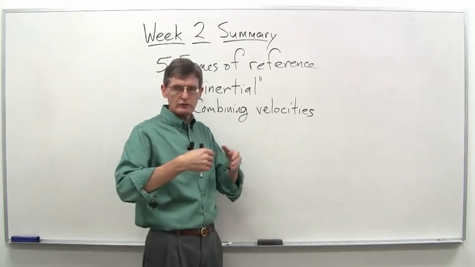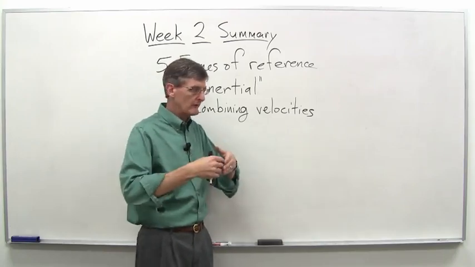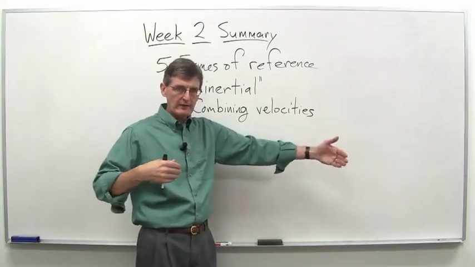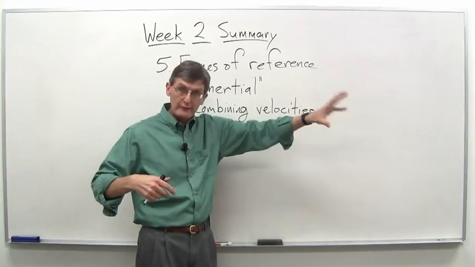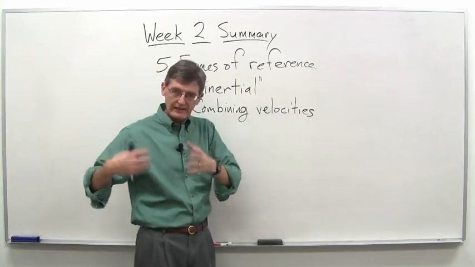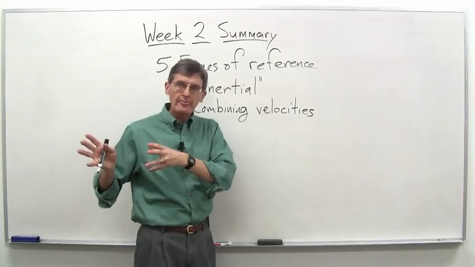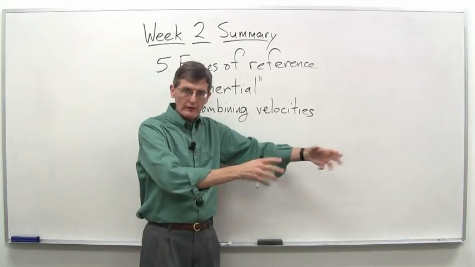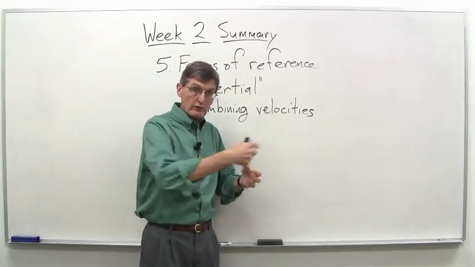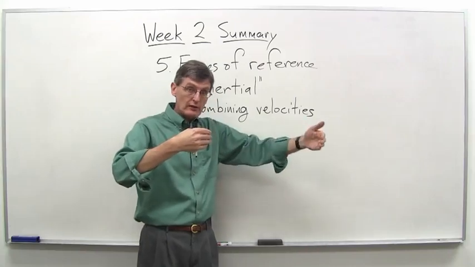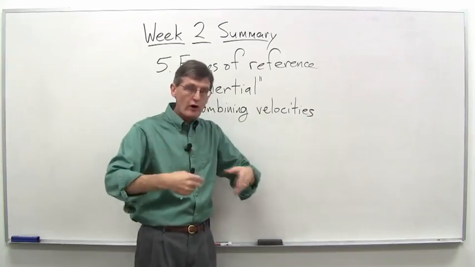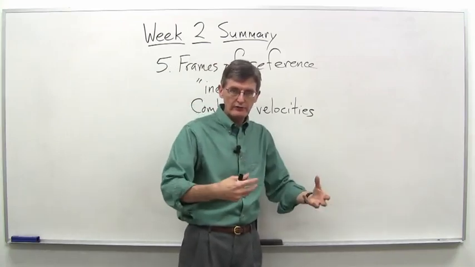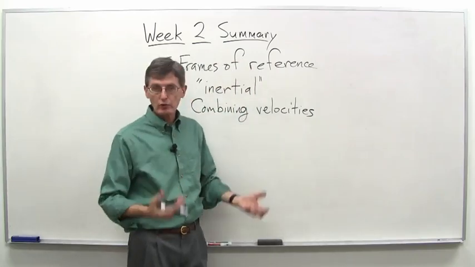Let's say that machine can shoot the ball at 100 kilometers per hour in that direction, and I can measure that. And maybe Bob's standing over there, he measures that coming toward him. If I then get in a car, put the machine on the car, and move at, let's just say, 60 kilometers an hour toward Bob, and the ball leaves the machine at 100 kilometers per hour, but the car is also moving at 60 kilometers per hour towards Bob, and so he sees the velocities add, total is 160